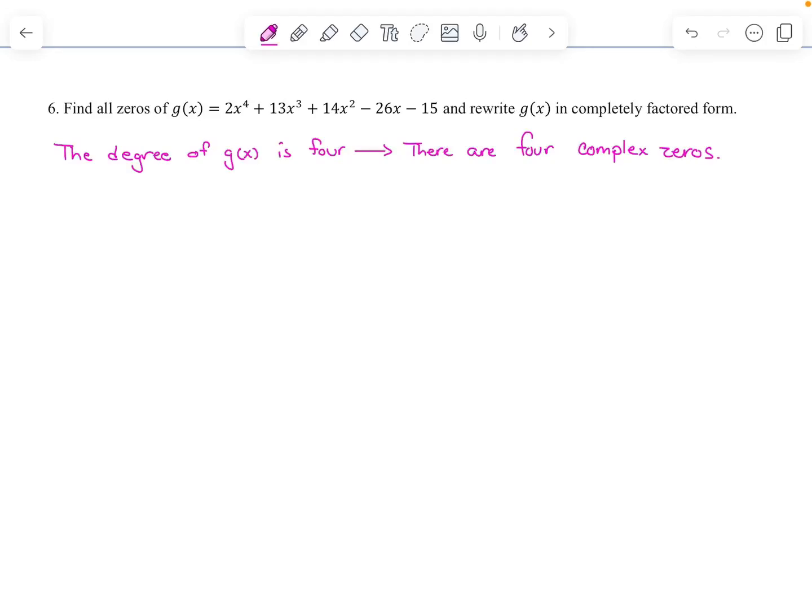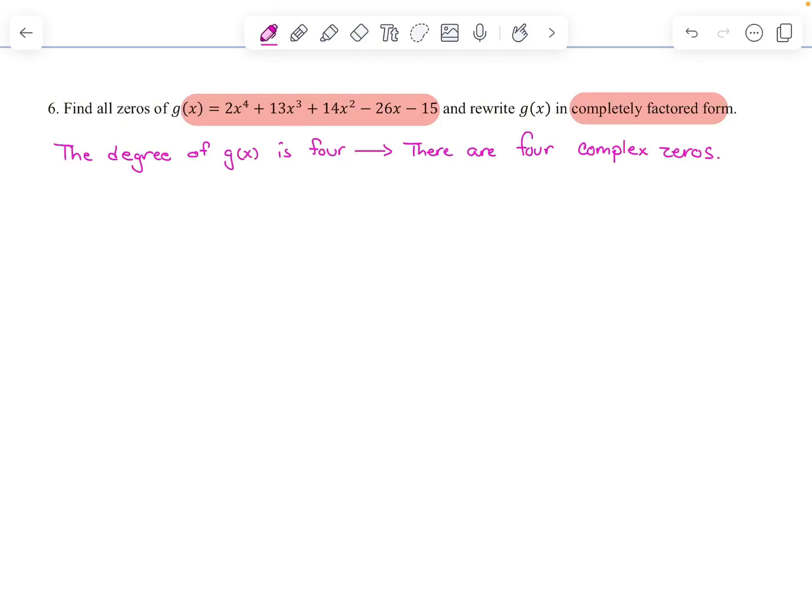Hello class, in this video I will be showing you how to find all zeros of a polynomial function and how to rewrite a polynomial function in completely factored form. Let's begin. In this example we want to find all zeros of g of x and rewrite g of x in completely factored form. The degree of g of x is 4, so by the fundamental theorem of algebra there